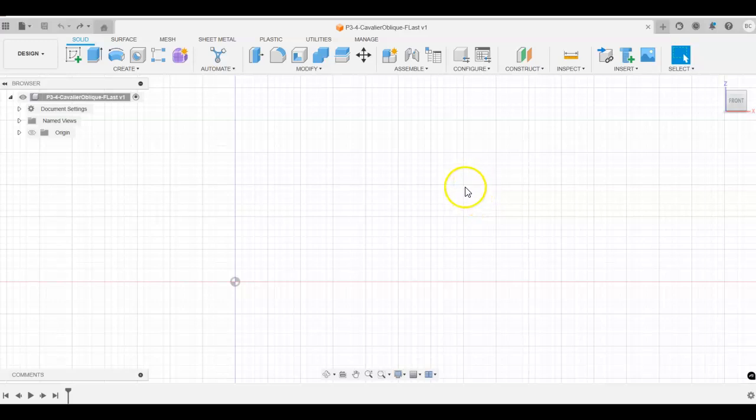All right, so we are working now on problem 3-4. I have saved this as the Cavalier oblique. So we're going to make sure that we do a Cavalier oblique instead of the cabinet oblique that is being asked for in the textbook. Remember, a Cavalier oblique, the projection back